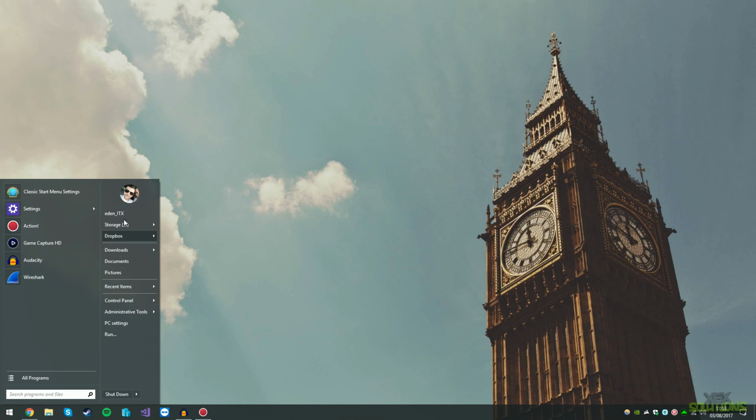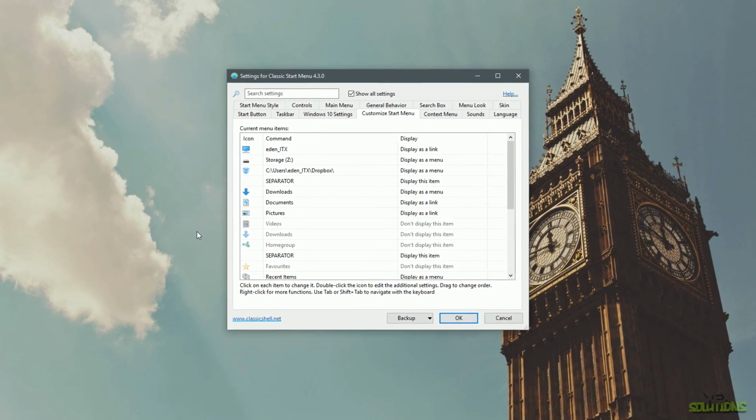I've sort of arranged different things, put separators in there, and I've also got recent applications in here. But you get the general idea. It is basically a customized version of the Windows 7 start menu. Now if you do want the full experience and you do want the whole Windows 7 start menu, you can